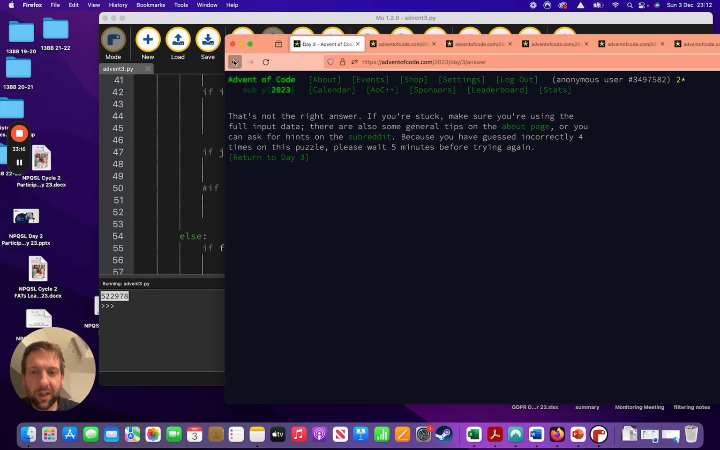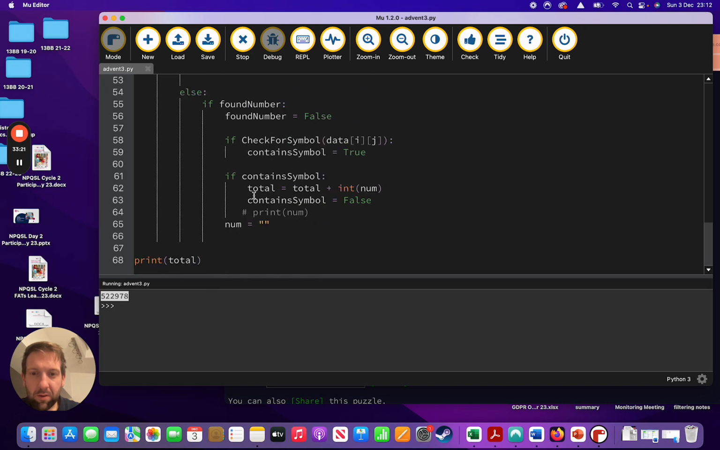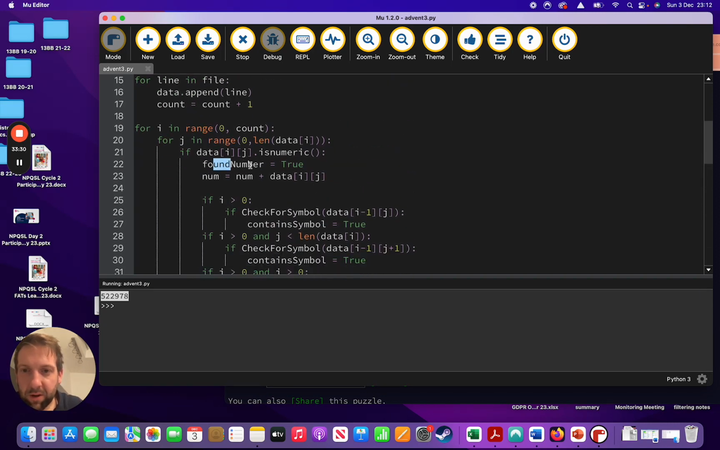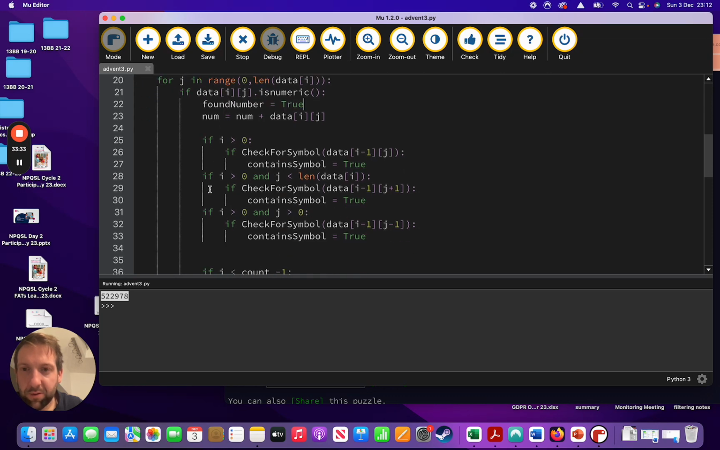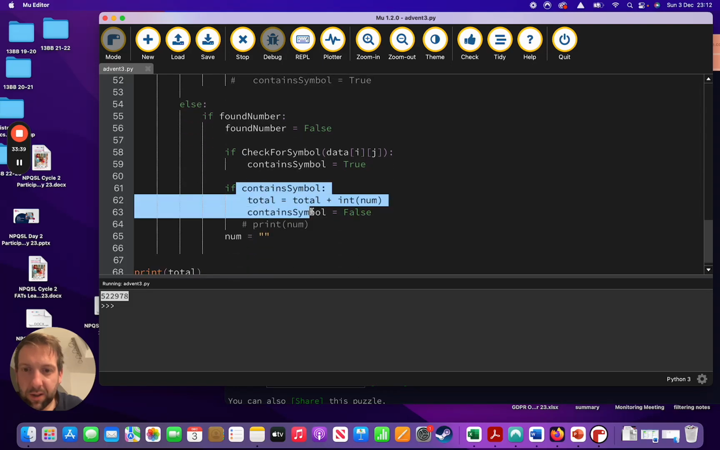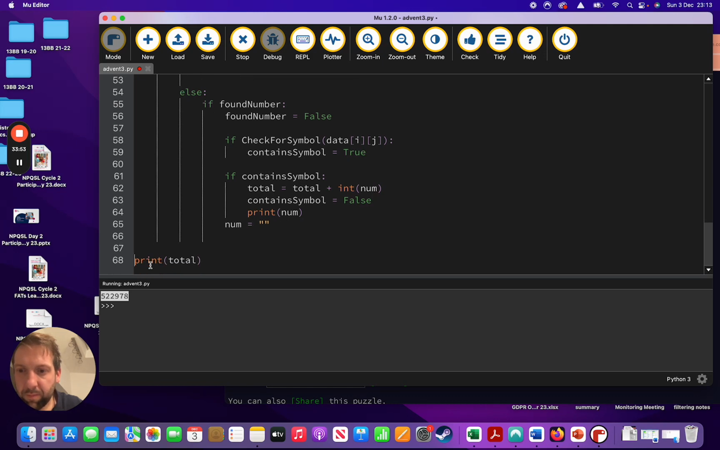Please wait 5 minutes before trying again. Oh. Let's go. If the data is numeric, then I'm going to set found number to be true. Contains symbol. So if it does contain a symbol, does it find the very last value? Is that my problem? So print, let's just print a total